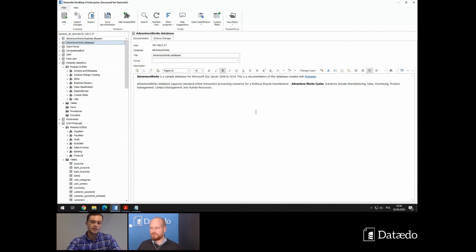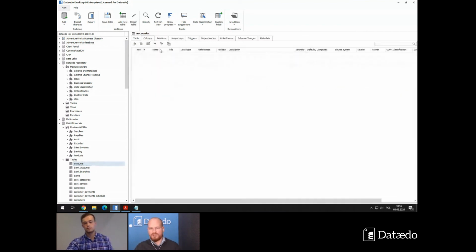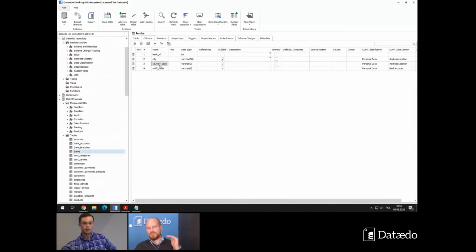Absolutely. And then, is there a way to add a valid value list for a column in a table? A good question. We are building the functionality of lookup values. So for instance, if we look at a status field or country code, we'd like to have valid ISO codes for the country codes. We're building the module that will allow you to define the values, and also for fields like status, even if there are just two. Right now, what you can do is build a custom field,